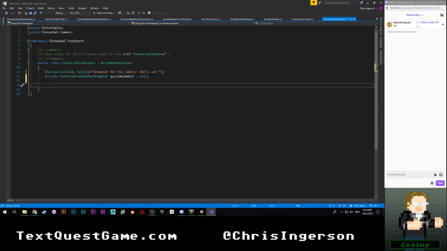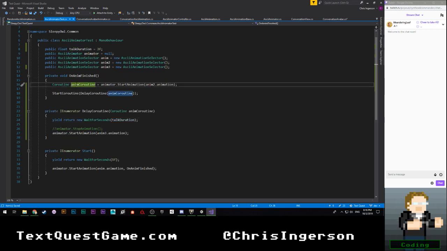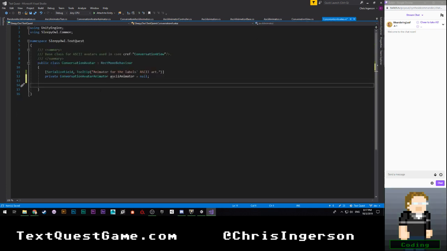Then we are going to do a couple of things. I think we'll basically just need to have a StartCoroutine. Actually, in our ASCII animation test, did I even need this? I didn't, so I can just get rid of you. Isn't that nice? So conversation avatar. What do we want? We probably want a way to access to play animations very quickly.